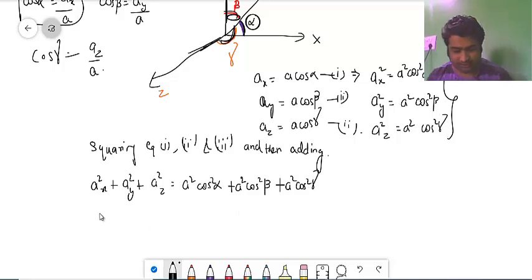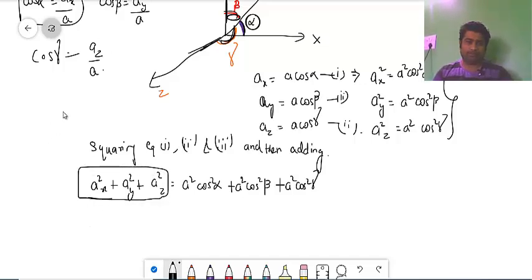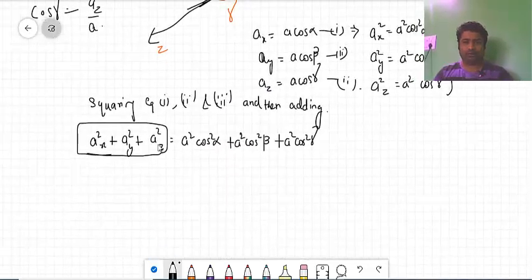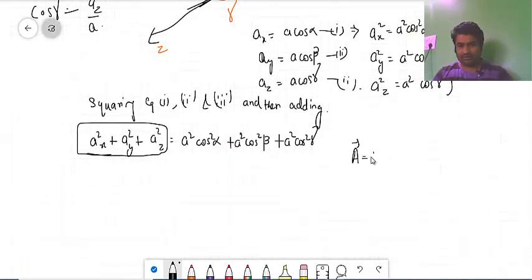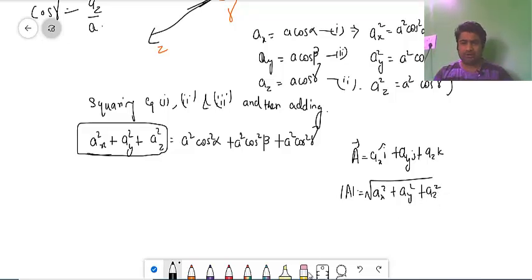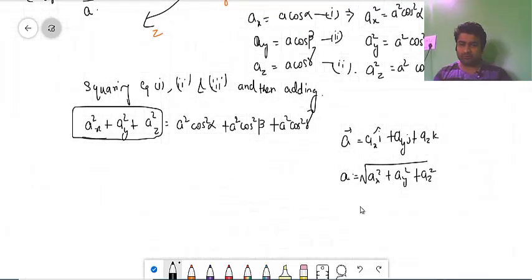So ultimately what I can do is, this one will become what? See, if my a vector is given as ax i cap, ay j cap, az k cap, so the magnitude of this one will be what? Root over ax square, ay square, az square. Or instead of writing a vector, let us write a vector here, and the magnitude is a. So ultimately it will become a square equals to ax square